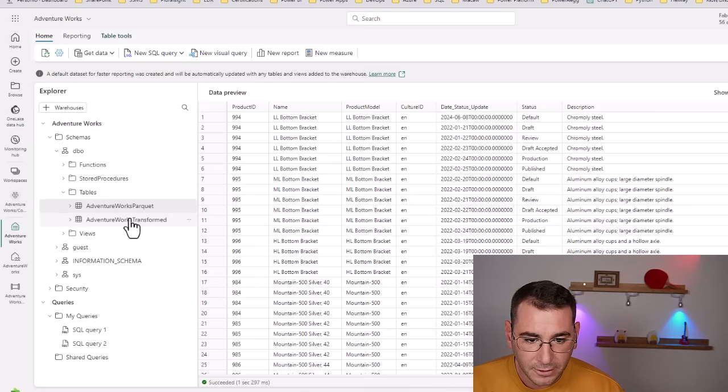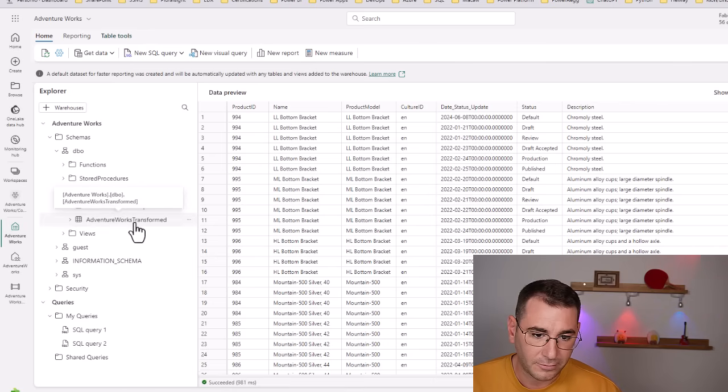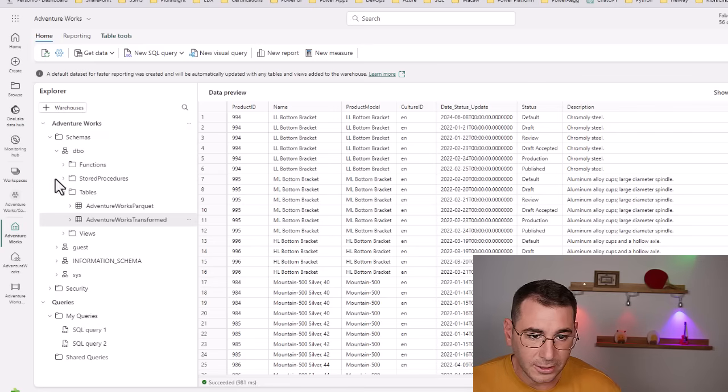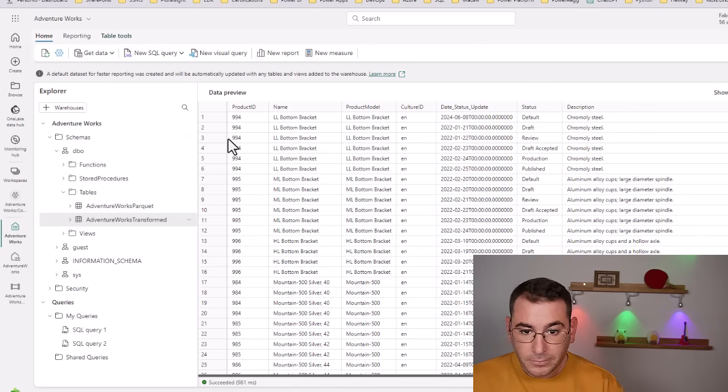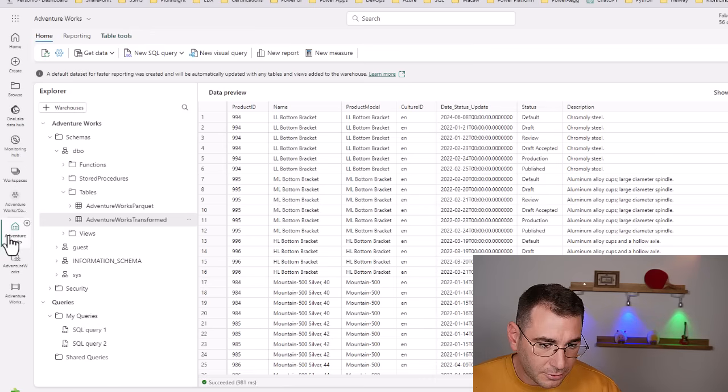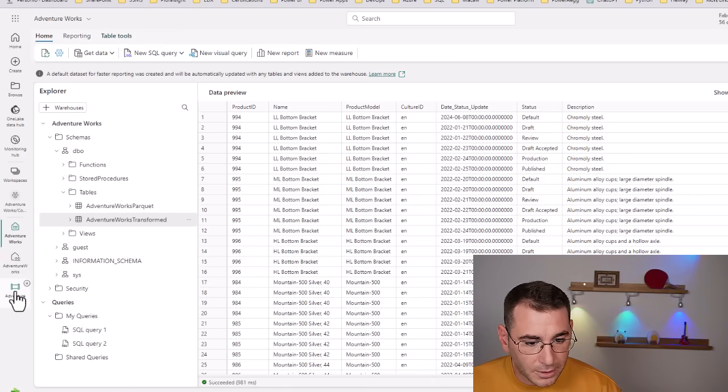But we can see here that the AdventureWorks transformed one is the one that's going to be loaded into this warehouse directly from the Lakehouse table. All right. And then the second version is where if I go back, so now because I went to the warehouse, a quick access list appears here on the left, right? So I can now quickly switch between my